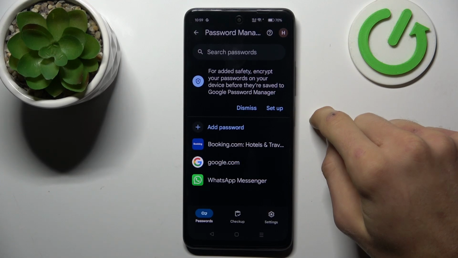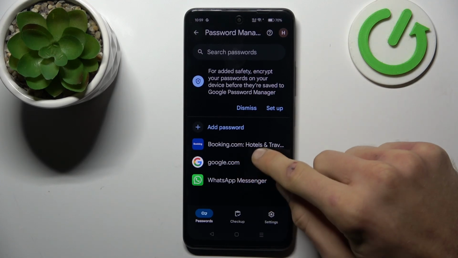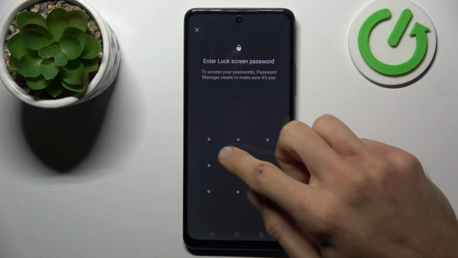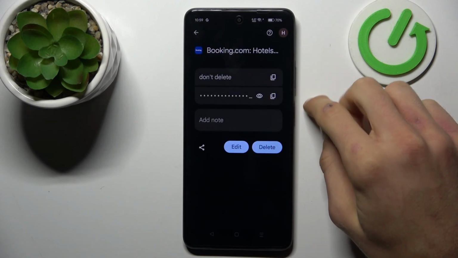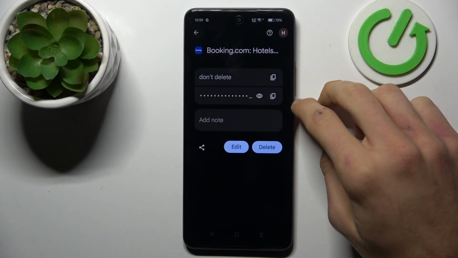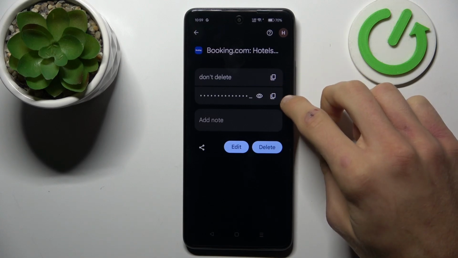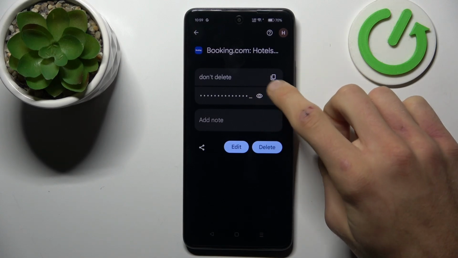And there we have passwords which our smartphone remembers. To manage it, we click on maybe our booking. Now we must enter our lock screen to get connected to these passwords, and there we can copy our username and copy our password using this first icon, or after we press this size icon our smartphone shows us the password